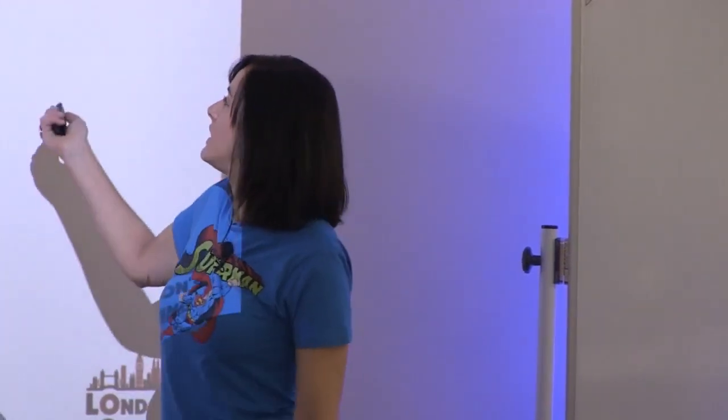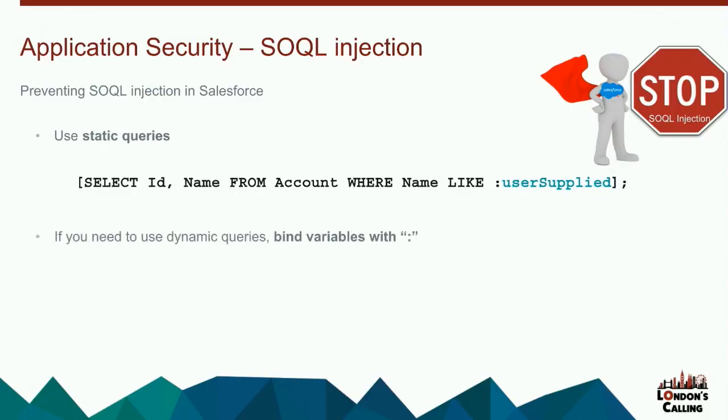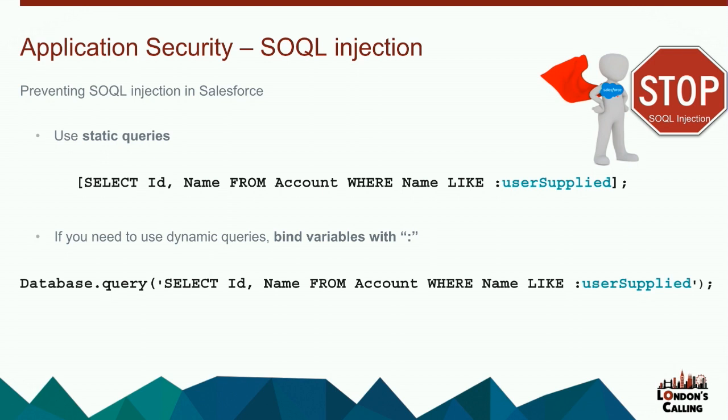How can we prevent SOQL injection in Salesforce? Fortunately, as in Salesforce DML is separated from SOQL, it is less harmful than in other languages. And also, if we are using static queries, we are completely safe. We don't have to worry about this attack as long as we are using static queries. But if you are using dynamic queries, what you have to try is to always use the colons. Because using colons, it has the same effect as using static queries. This is completely safe. The only thing that is vulnerable is when you are concatenating strings to build a query.